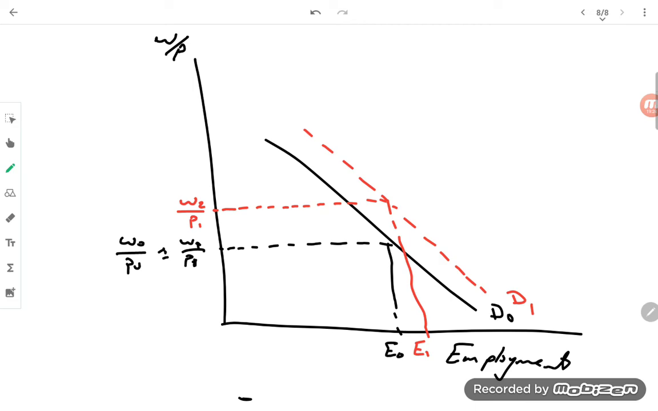So E node is the employment level in the initial situation or in year zero, and E1 is the actual employment level in year one. Actually, E1 is greater than E node. This means that minimum wage rate has no impact in this case. But actually, this is not true,